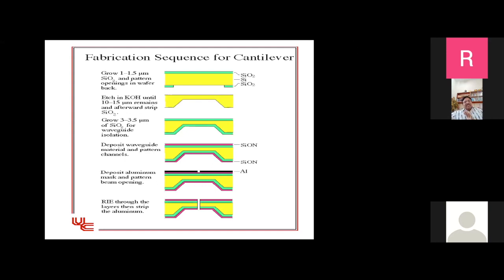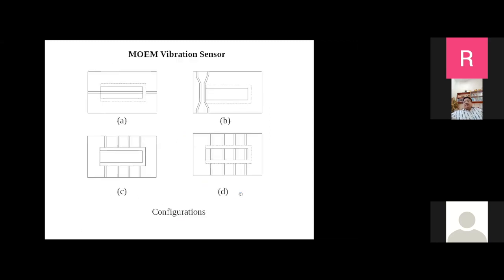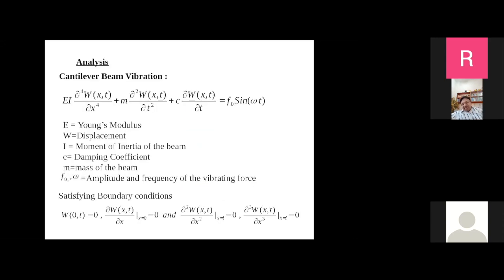We have already seen the fabrication, so we don't need it. I think we are coming to the close of my talk. There are a lot of ideas I have given to you, and a lot of ideas which you have not explored. Some of our students have come up with these ideas, but they have not solved them. Instead of using a cantilever beam, you can use a diaphragm. A lot of optical devices are possible.